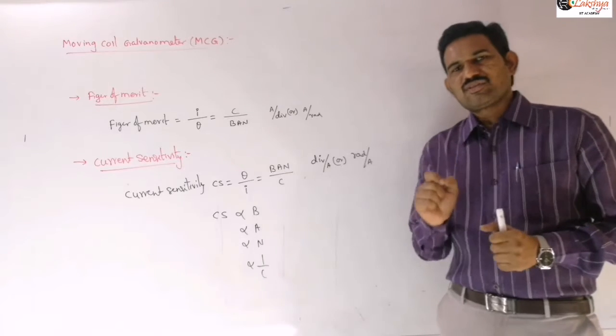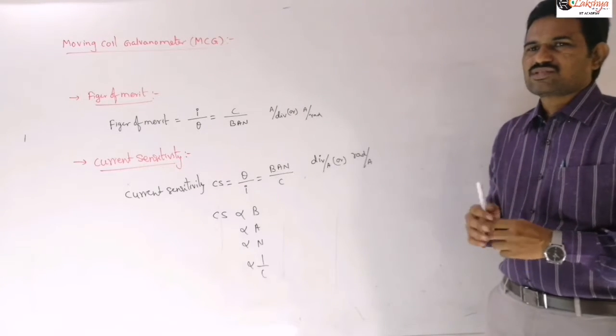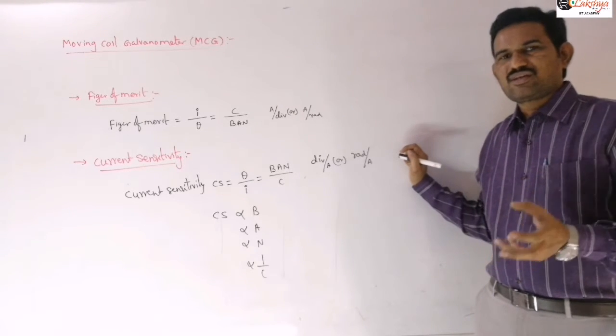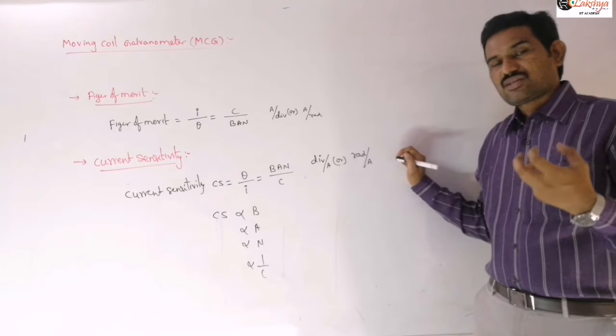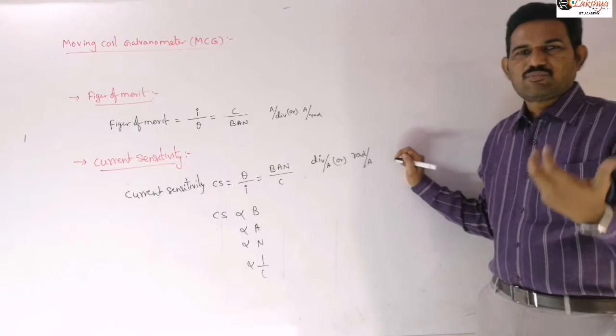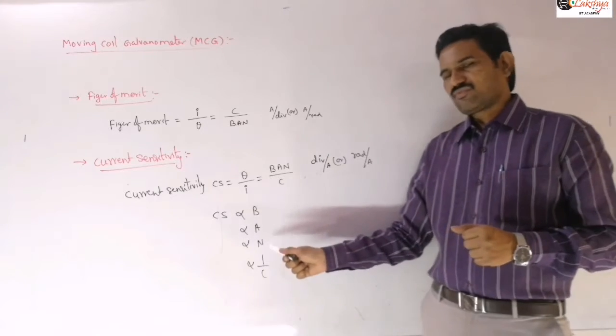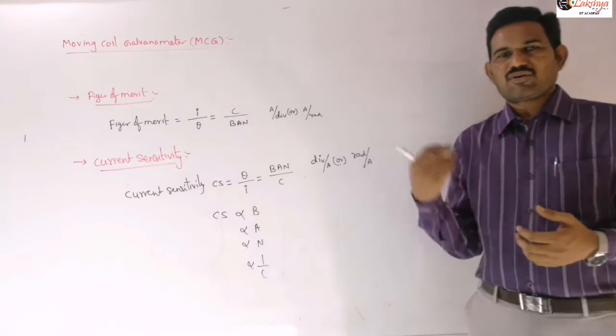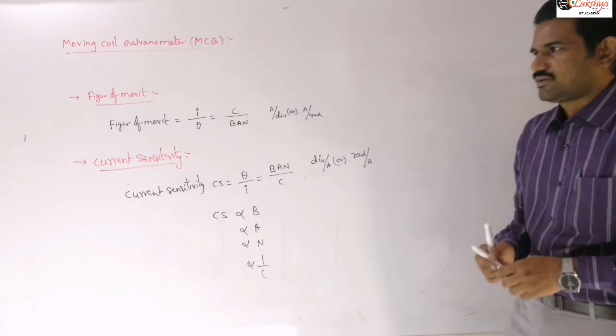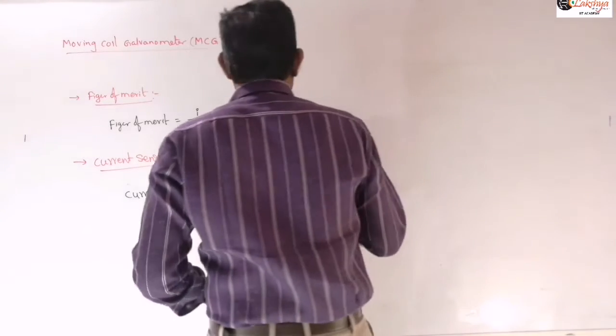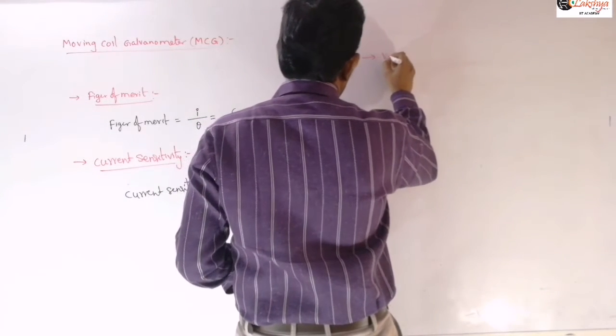So by increasing the number of turns, almost there is no change in the shape of the coil, the size of the operators, and there is not much change in the moment of inertia of the coil also. That is negligible. So the best way is nothing but the number of turns. By increasing the number of turns, we can increase this current sensitivity of the galvanometer. And next, similarly, we define this voltage sensitivity here.